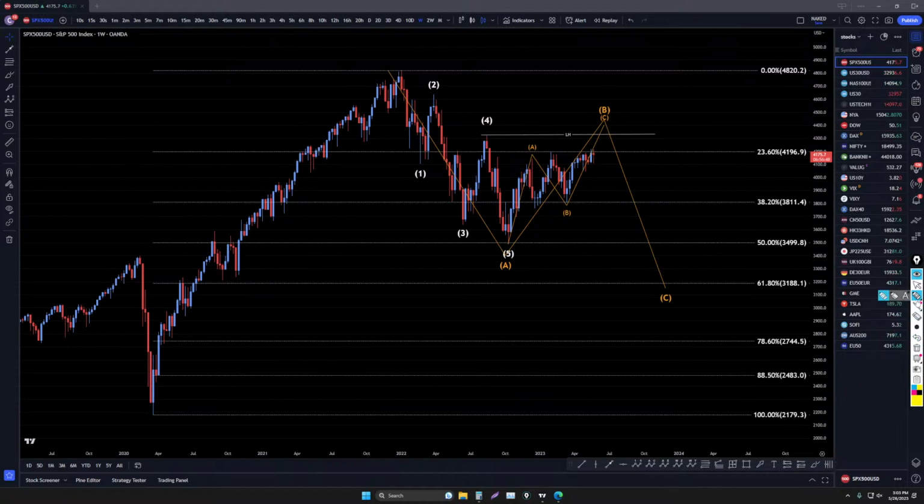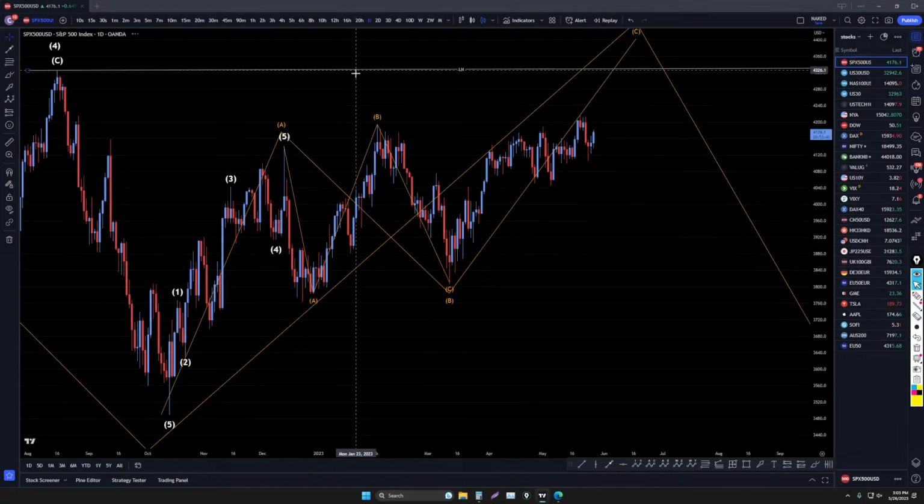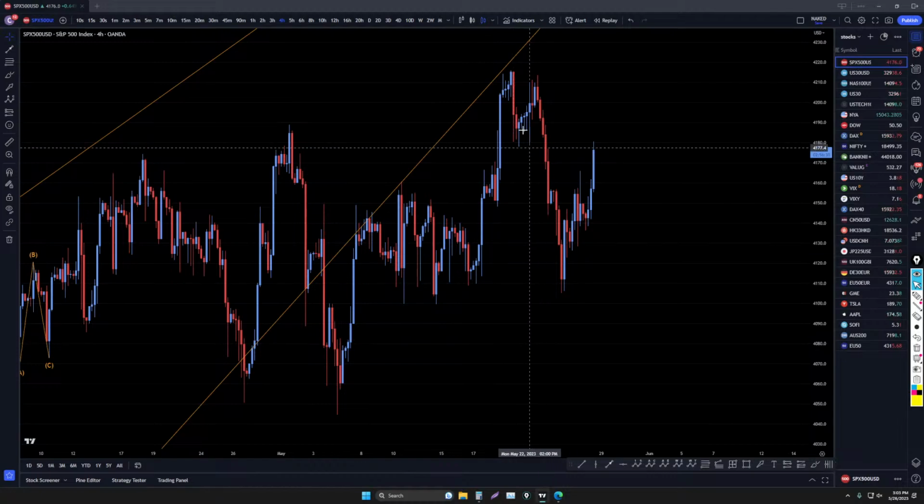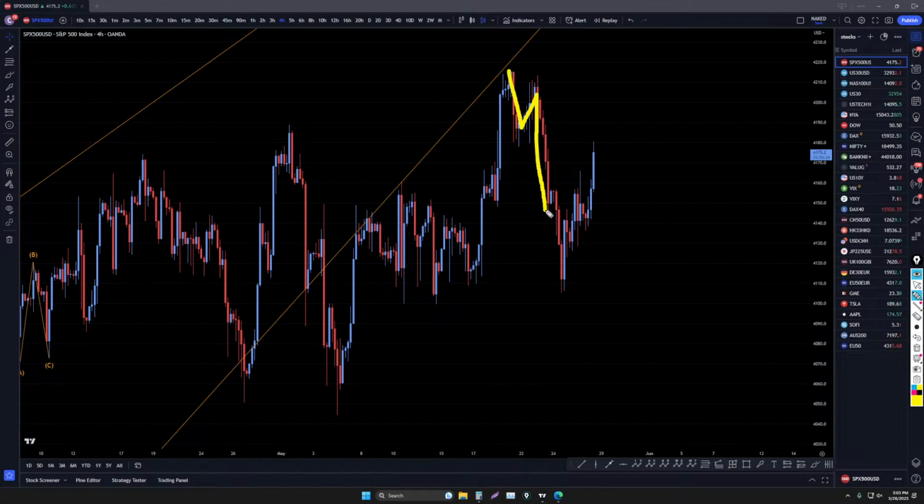A, B, and C. So, I don't know, it kind of looks like 3 waves up right there, though. I think there's a good chance we may actually go down and finish a C and then go up and finish up the uptrend. I don't really trust that move up. I think that move up is a correction to the move down. This is a trend, 1, 2, 3, 4, 5. This looks like a correction.